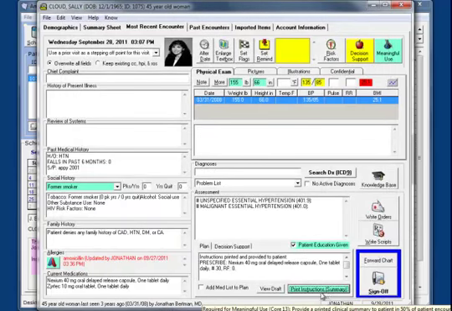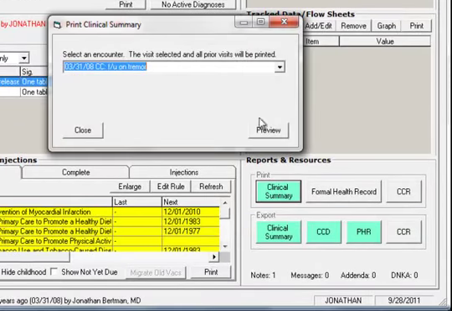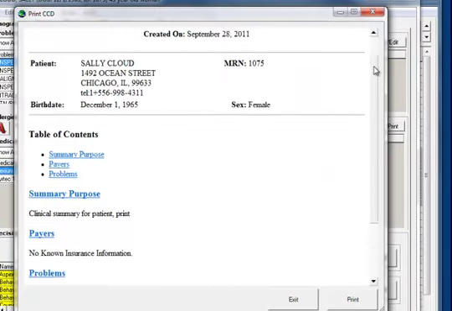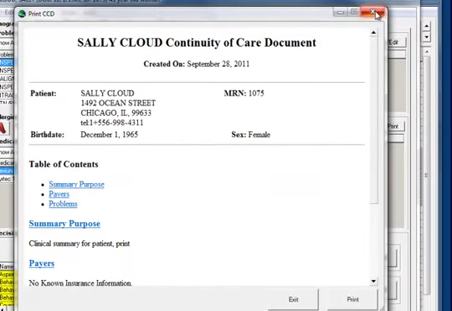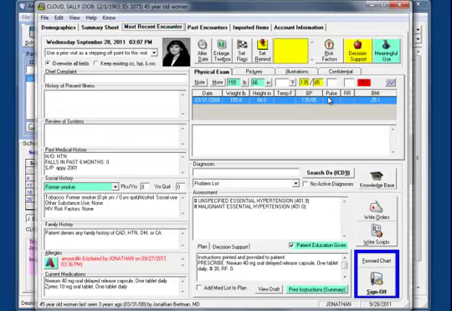The other way to access a CCD is from a patient summary sheet. You would come down to here to print clinical summary, choose the visit that you want to print the encounter for, go ahead and choose preview, and it's the same form I had just brought up. Back to most recent encounter,